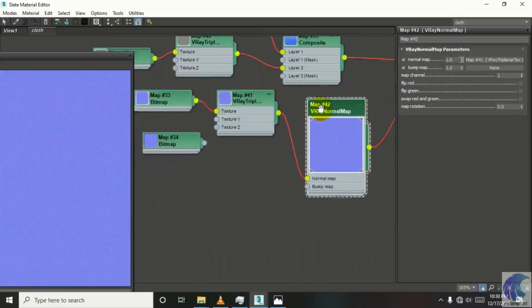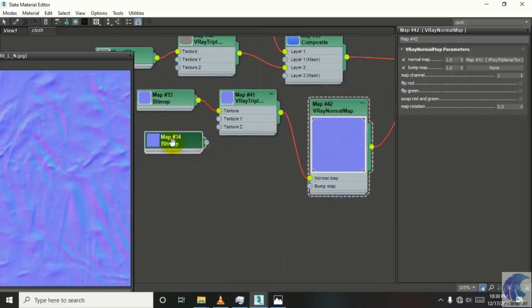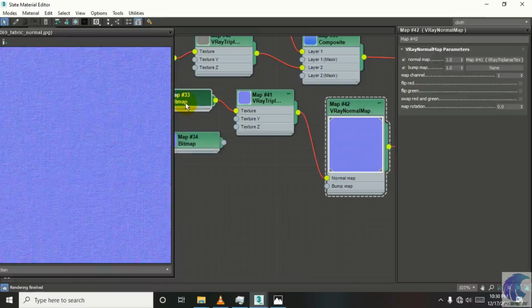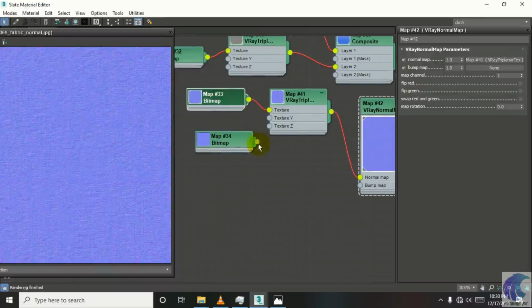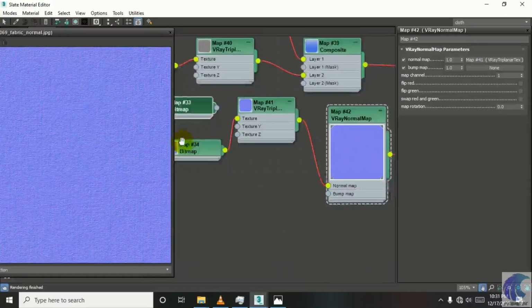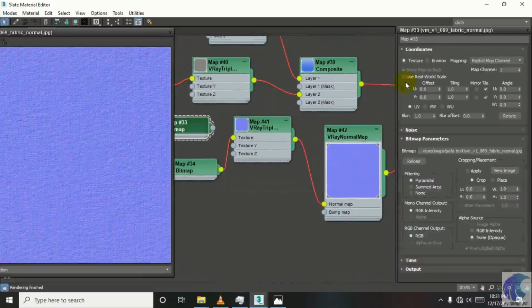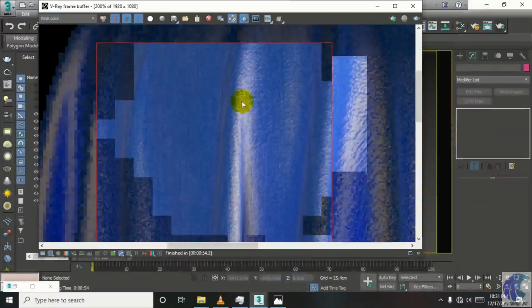So now we have to make some wrinkles on this cloth. So let me just remove this material and place it at the same last texture we used to create this nice look.